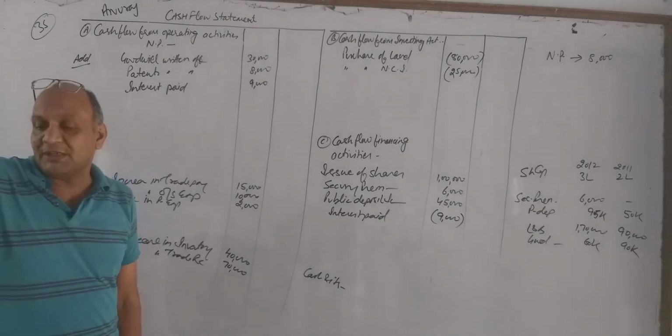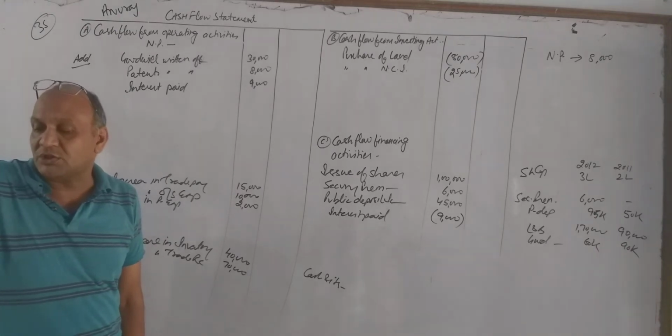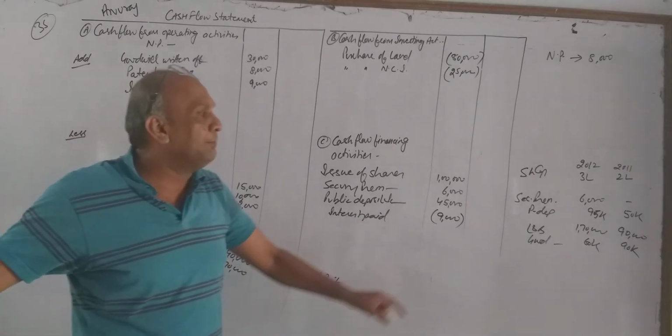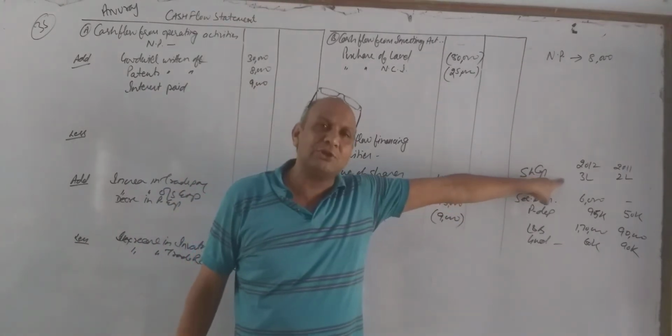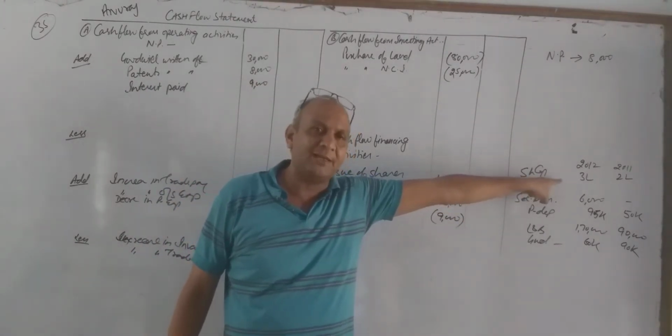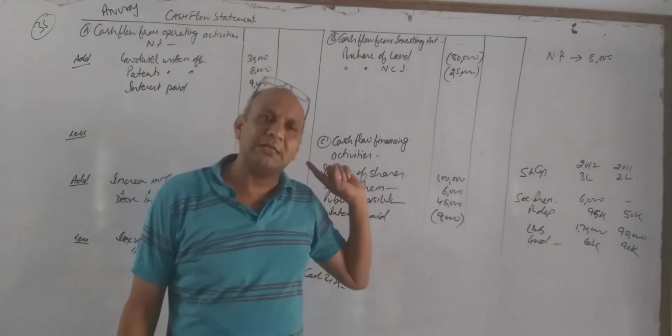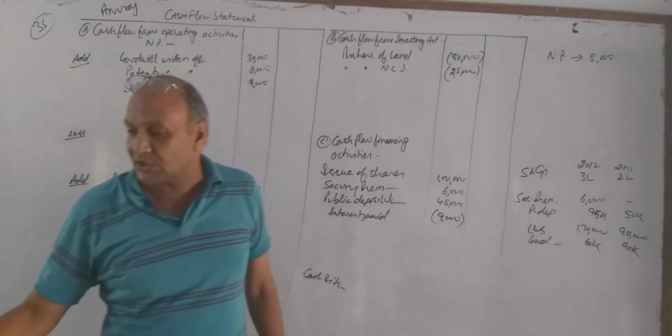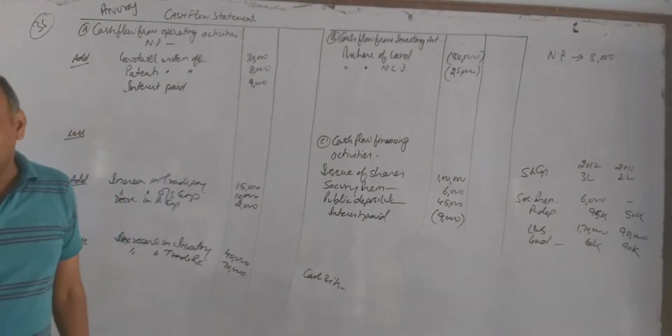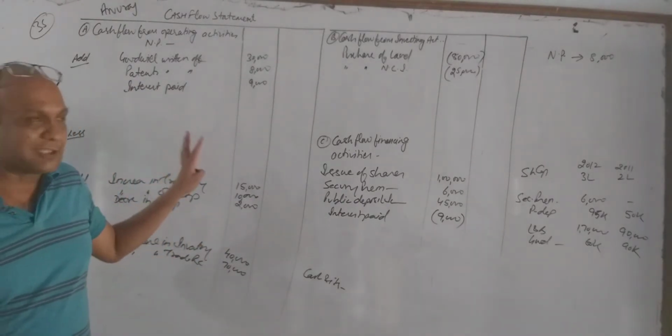And the last item is on 1st April 2011, 10,000 share of 10 each issued at 6% premium. ये हम पॉइंट पहले ही कर चुके हैं. 1 लाख के शेयर इशू हुए थे, 10,000 हो गए, 10 रुपए का है. ऑलरेडी फाइनेंसिंग में प्रीमियम पे इशू किए थे, प्रीमियम भी ऑलरेडी हम यहाँ दिखा चुके हैं. तो इन दिस वे वी विल बी डूइंग our cash flow statement.